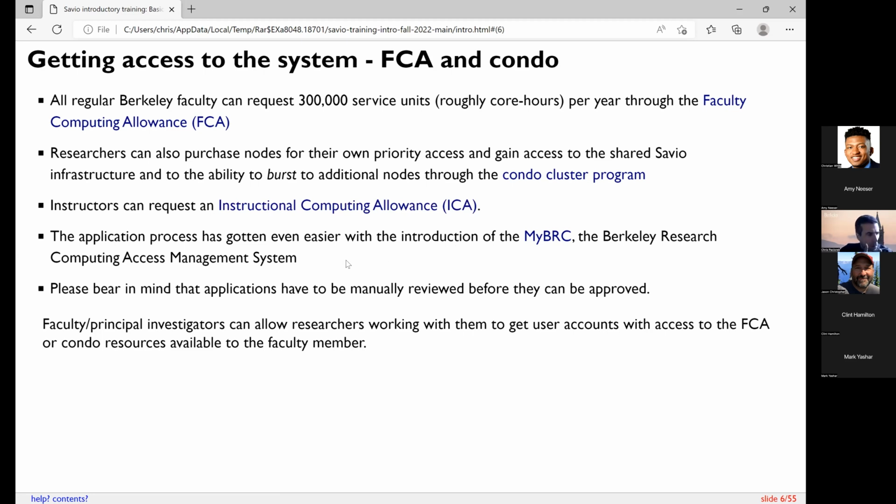And then we also have a really convenient portal called the MyBRC portal that you can use to request online access to your computing allowance. But just one thing to note, the requests are submitted online, but they still need to be reviewed manually. And this process can take about a week or so. So just keep in mind that once you submit your request, it'll take a little bit for it to be